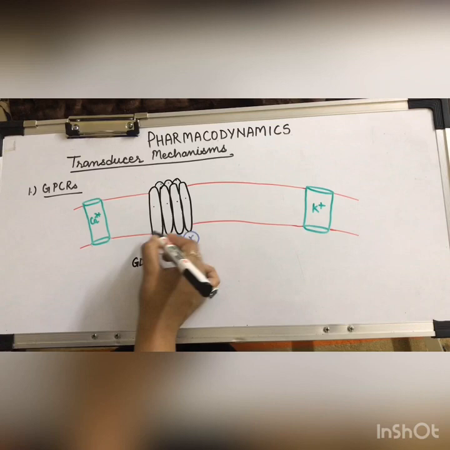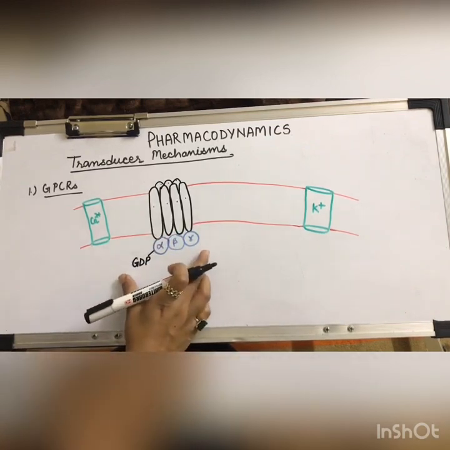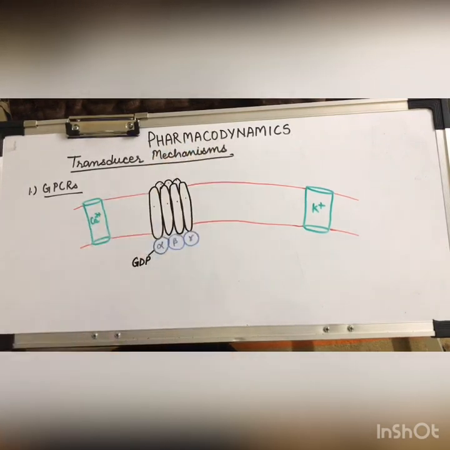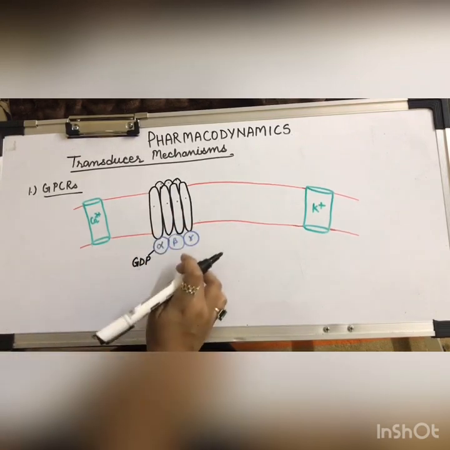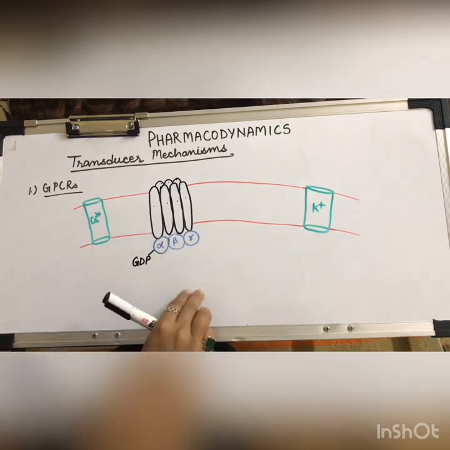And on the cytosolic side, they are coupled with G protein units, whereas on the extracellular side, there is an agonist binding site. Now the G proteins which are on the cytosolic side, they are heterotrimeric in nature, heterotrimeric in